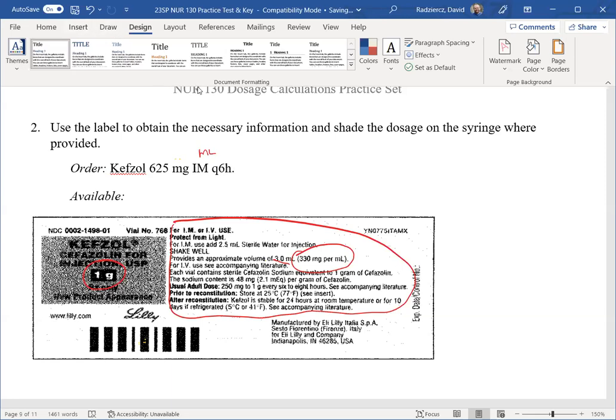You can do dimensional analysis, or you can do what I'm going to do here in just a minute, order over half. I'm going to take my order, 625 milligrams. I'm going to take my strength, which is 330 milligrams. I'm going to multiply by my quantity. Okay. And I'm going to get,